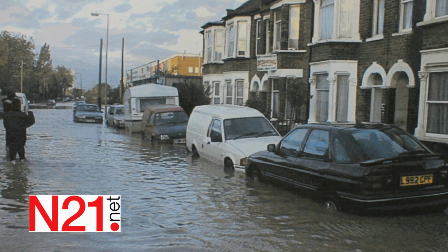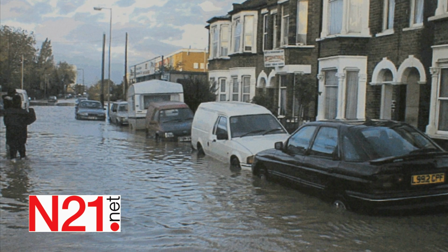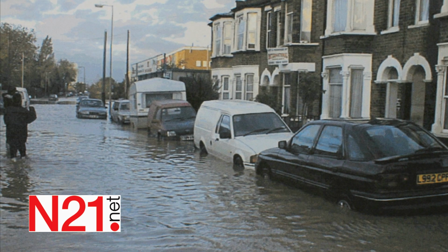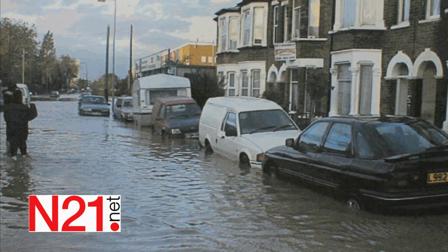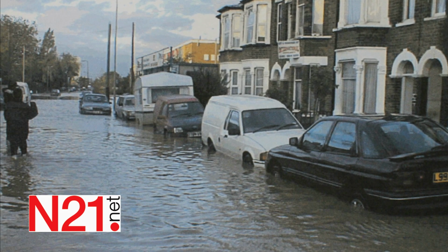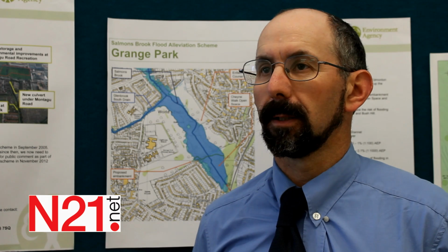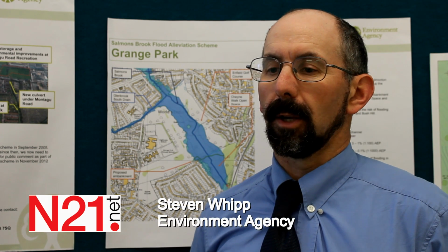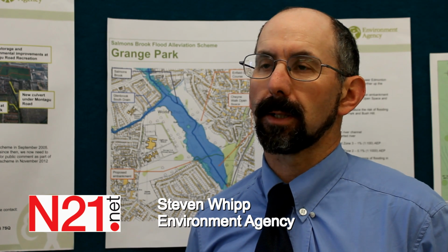In 2000 there was extensive flooding in the Montague Road area of Edmonton, and just under 200 properties were flooded, some of them up to several feet deep, and it took a long time for those residents to recover and extensive damage was caused. In order to alleviate that degree of flooding, we need to do a number of works around Grange Park and Edmonton, and they all need to happen to alleviate the flooding because of the complex arrangement